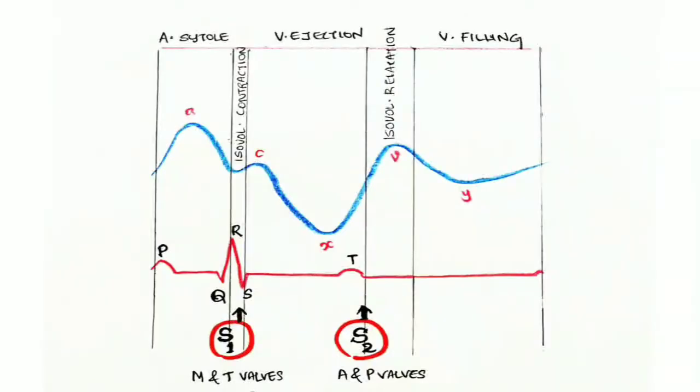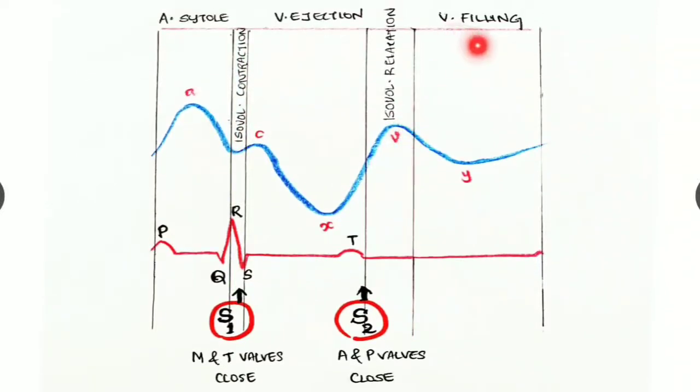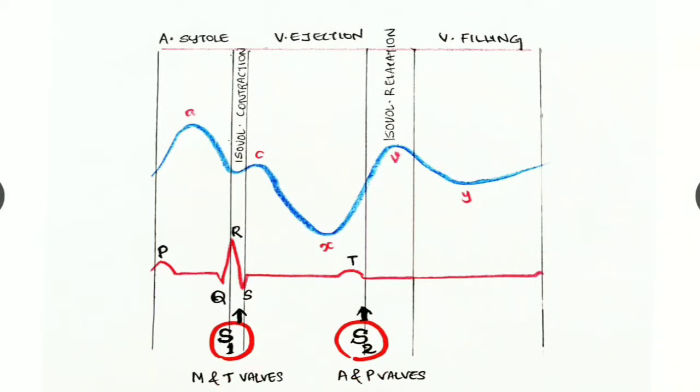This is the JVP represented with ECG, and here we can see the atrial systole and the isovolumetric contraction, ventricular ejection phase, and the isovolumetric relaxation phase, and the ventricular filling phase. So in the atrial systole occurs the A wave in the JVP, followed by the dip in the isovolumetric contraction, and just after that in the ventricular ejection there is the C wave,